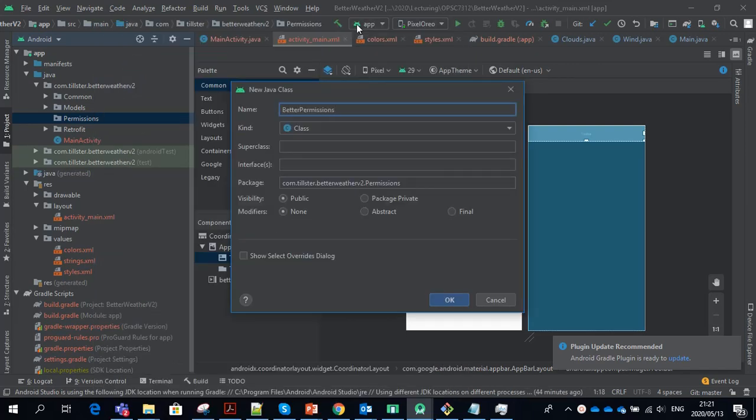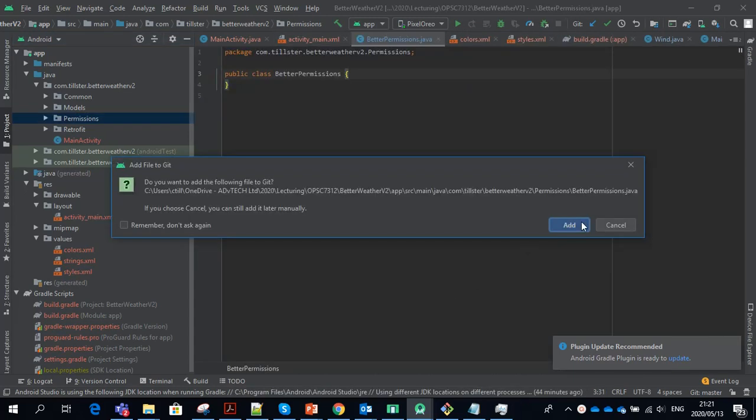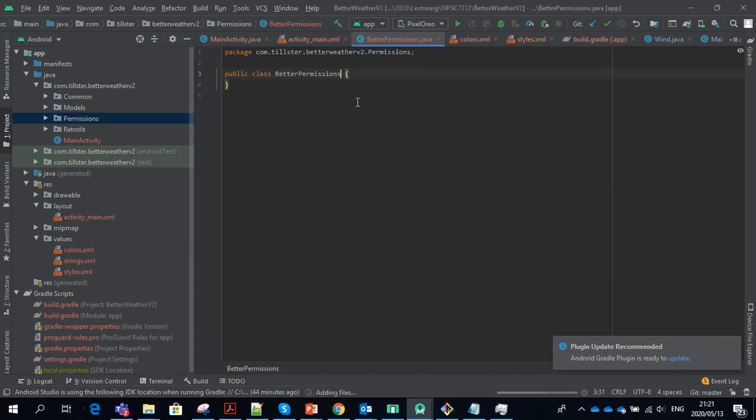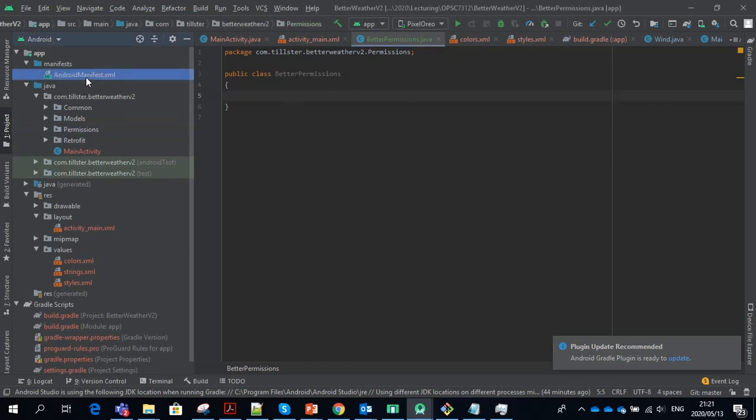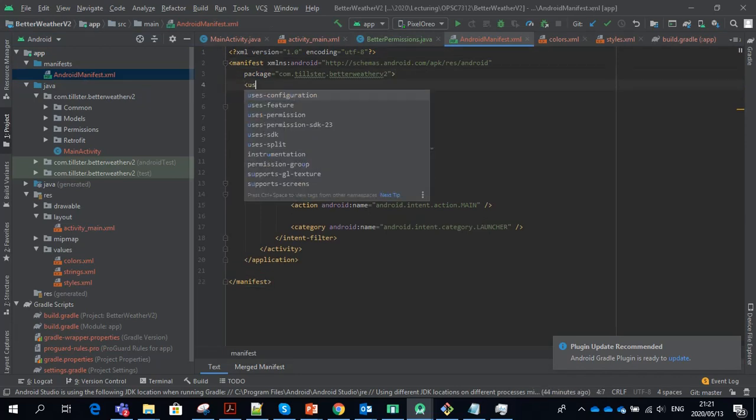And I'm going to call it BetterPermissions, because Android uses permissions itself quite a bit. This is just popping up to ask if I want to add this to Git. The next thing we have to do, before we even copy and paste over the permissions code we've been working with, is go into the manifest and add the fact that we want permission. So we have to say uses-permission,